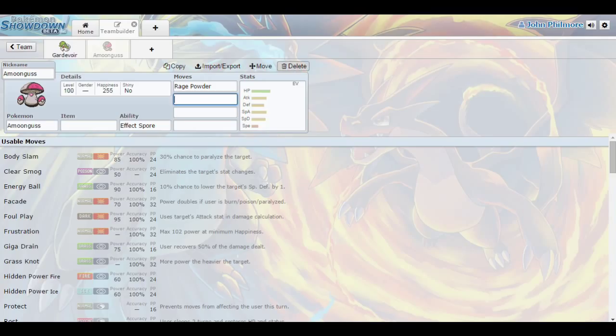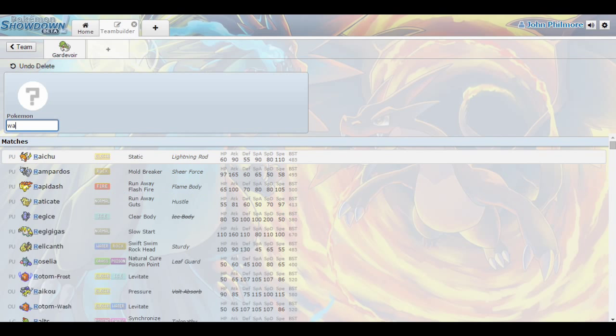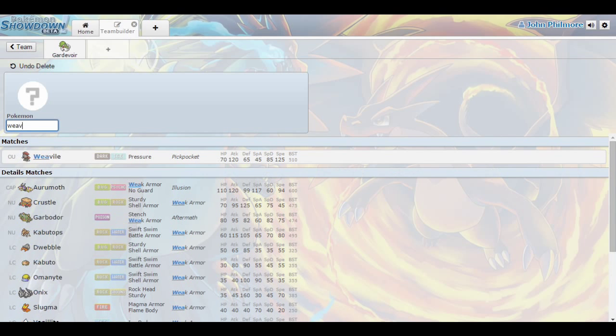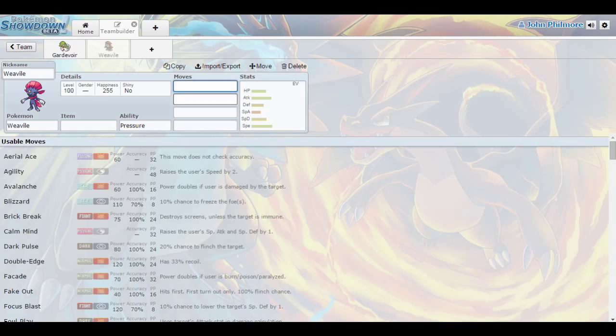But I am going to go with this one. Oh, not that one. Come on. Okay, so I'm going to go with a Weavile, right? And I'll tell you why. First of all, Weavile knows Fake Out,